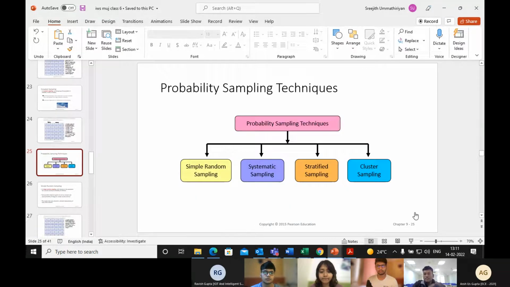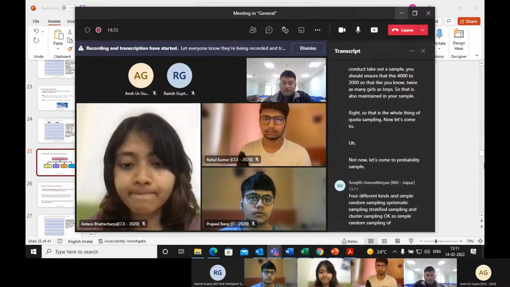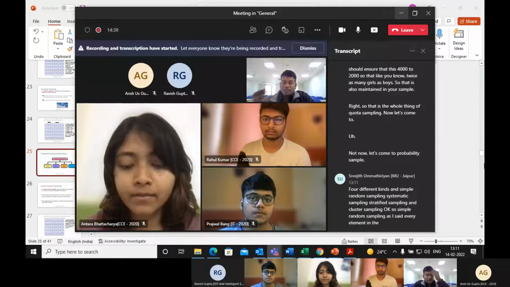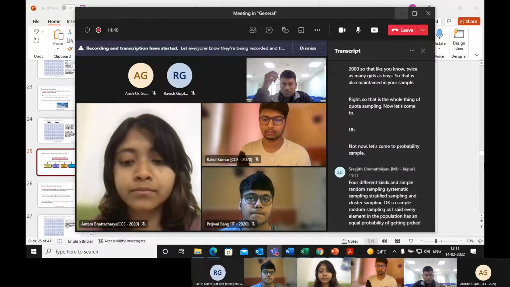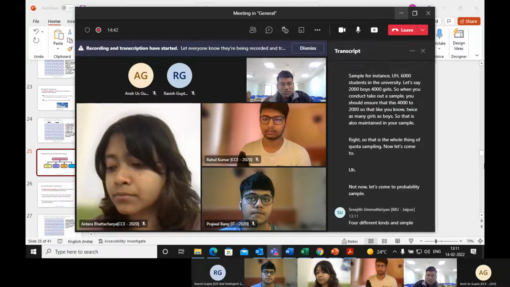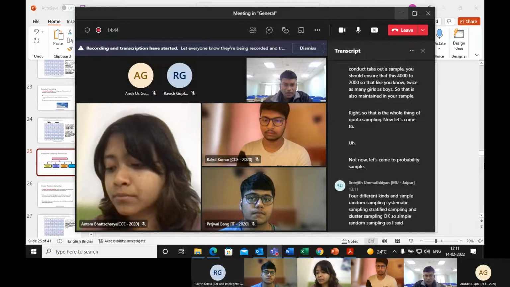4 different kinds: simple random sampling, systematic sampling, stratified sampling, and cluster sampling. Okay, so simple random sampling, as I said, every element in the population has an equal probability of getting picked, which is the equivalent of a draw of lots. Suppose you were to do this,